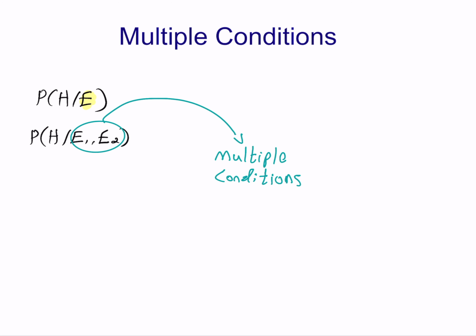How do we approach this problem? P of H given E1 and E2. In order to answer this question, we will do two things. First of all, we will give the intuitive answer why these things are correct. And afterwards, we will give a mathematical explanation, which is a little bit longer. So the intuition is the following.